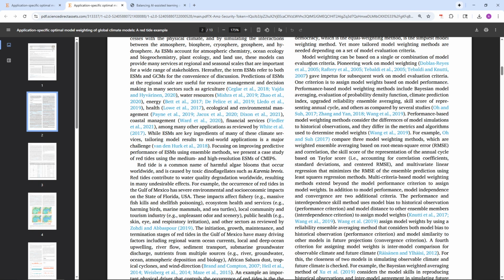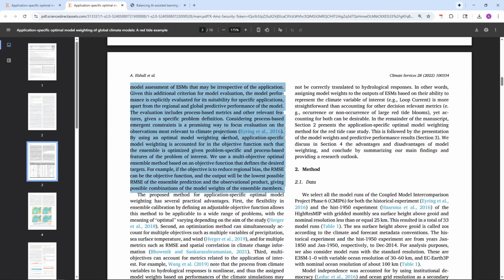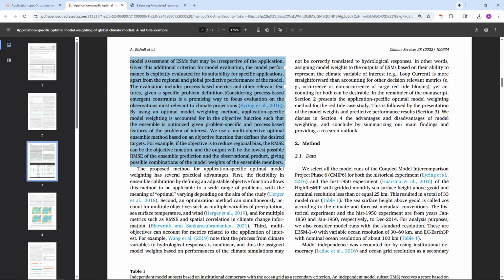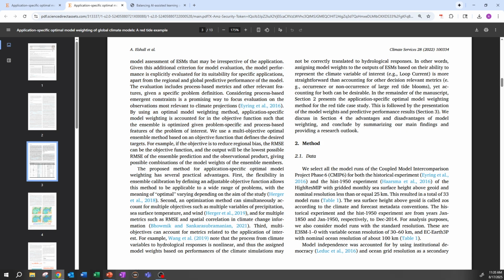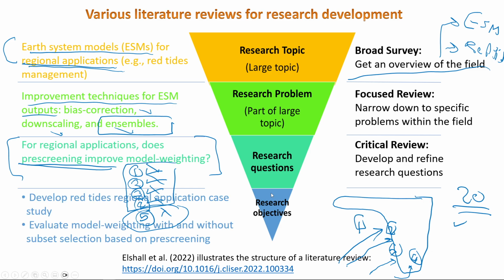And here is the heart of my literature review, where I provide a critical review of existing model weighting methods. Then I introduce the novelty of this research, in this paragraph, and then the last paragraph is where I will